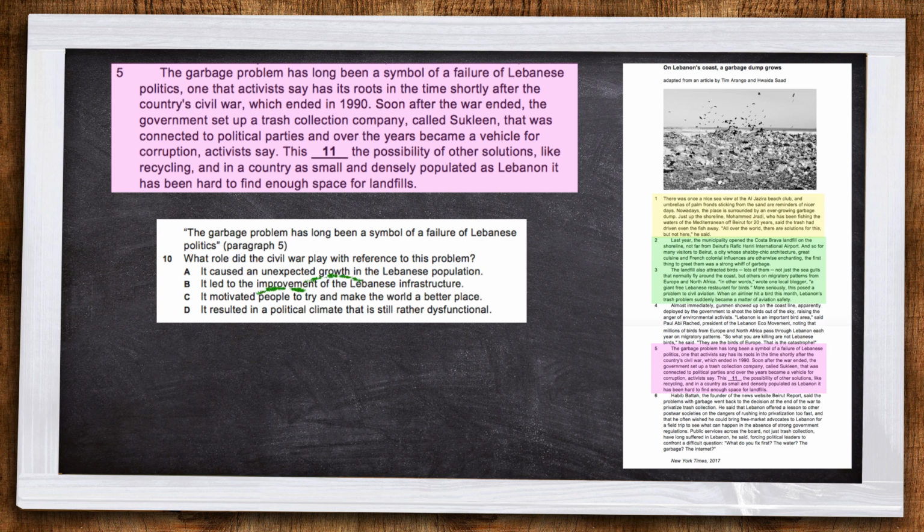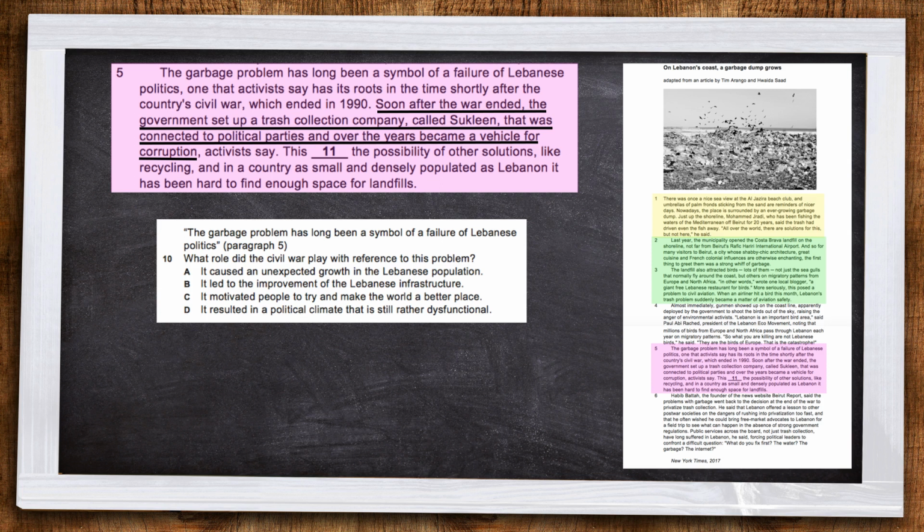Reading the question and the multiple choice options, I notice that the tone of A is positive, the tone of B is positive, the tone of C is positive, whereas the tone of D is negative. Seeing as the text is negative about the way the problem is dealt with, I would expect the answer to be D. I can support this with a sentence from the text, soon after up to and including for corruption. The fact that the changes made corruption possible is not positive.